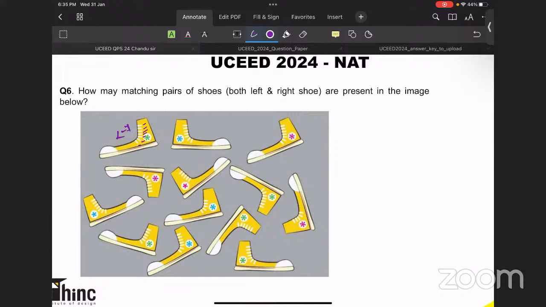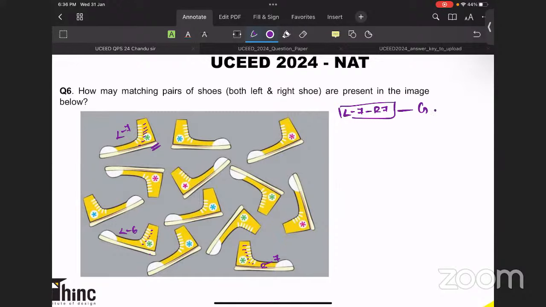Let's go for the next shoe from the green. I'm looking for green shoes only now. Green shoe, next shoe. This is also towards left. So left and left cannot be pairs. 1, 2, 3, 4, 5, 6. This is left 6. I'm just writing the model name. Assume like that. So this is for the right. 1, 2, 3, 4, 5, 6, 7. This is right 7. For the green, L7 and R7. They will be a pair in green.